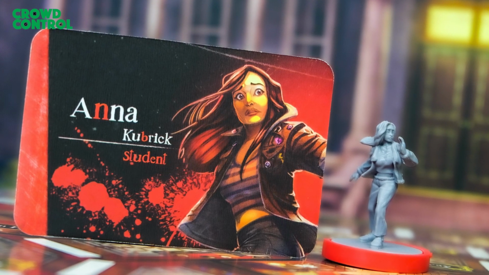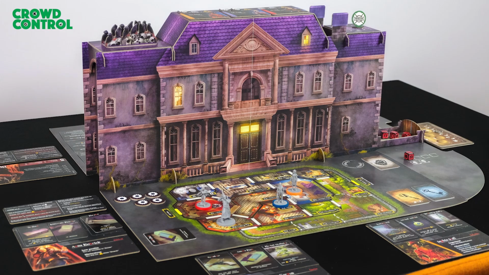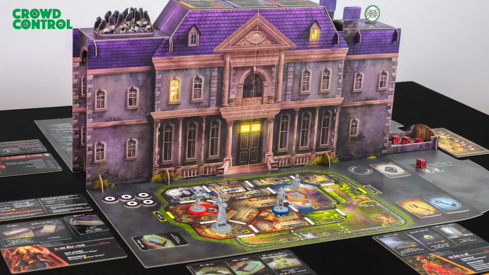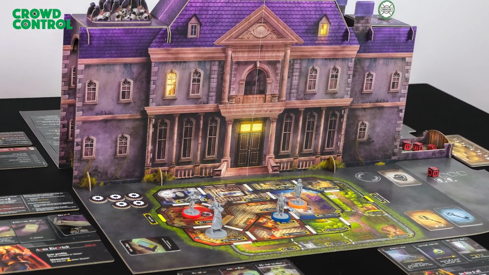Well, and we can't bury the headline. It has some table presence. Oh, for sure. There's a giant mansion that sits between the one and the many, and it also doubles as a dice tower. Yeah, I think you're dropping dice into the house and then they come out. But everyone has a map on either side of the same house,